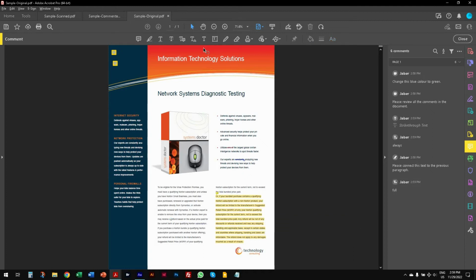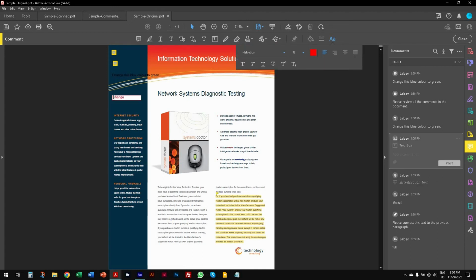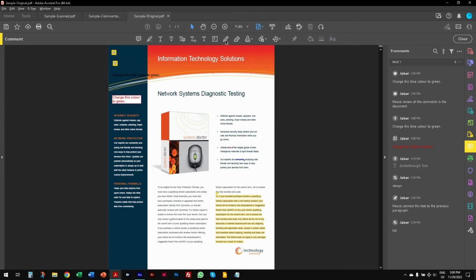The next two are the Add Text Comment and Add Text Box tools, which simply add text to a desired place on the page. These can be used like the sticky note, the difference being that the text will be embedded on the page rather than having to click on the sticky note to see the comment. The Add Text Box tool can be used on darker backgrounds, such as this blue here, and will make your comment legible.